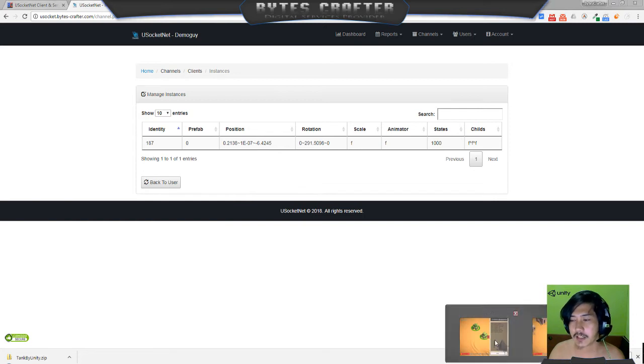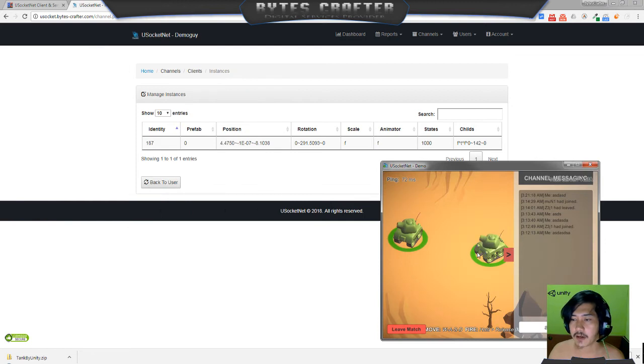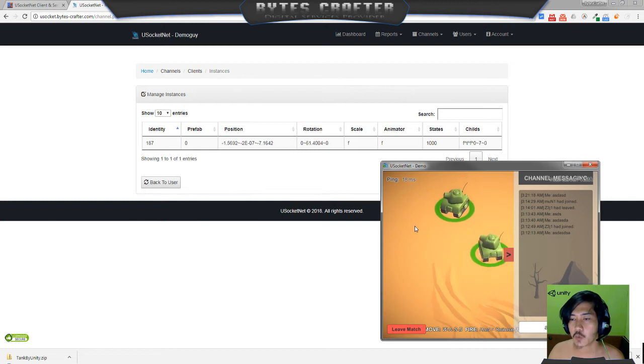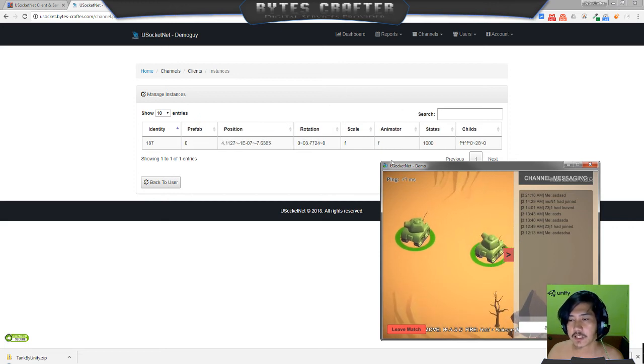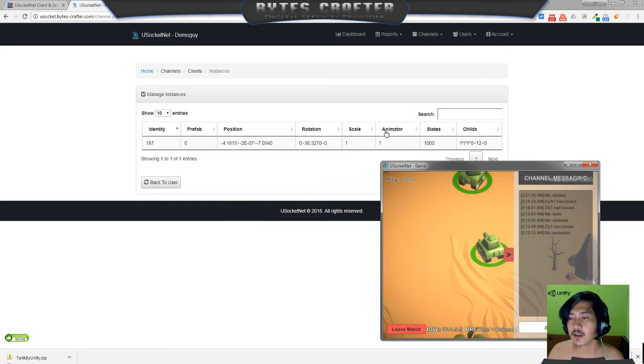It is real time. So is this the player? Yeah, it's the player. Now, as you can see, we are moving and the position is currently syncing. When we are rotating, the rotation will move. This is because this is per second. We disable the scale and we disable the animator because there is no animator.